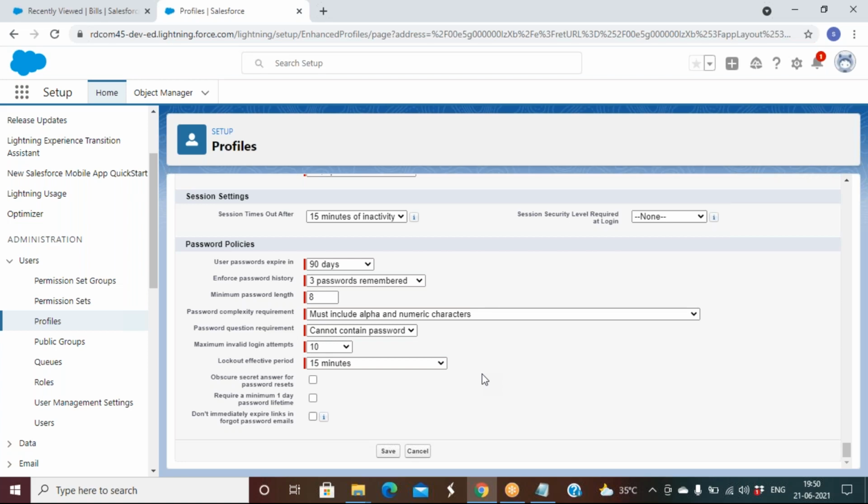It will pop up, so you can reset the password. You can go with 30 days, 90 days, 60 days, or 1 year, or never expire. Never expire means once a user has set the password, unless he changes it himself, the password will be there for a lifetime. Whether you want to go for 30 days, 60 days, 90 days, 180 days, it's up to them. Okay. Next.